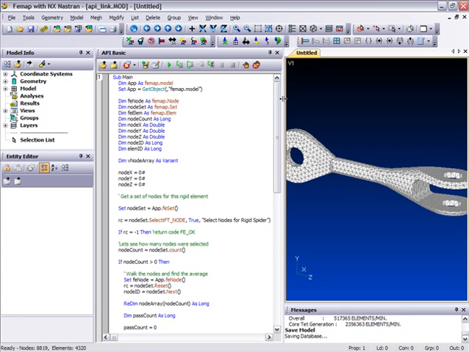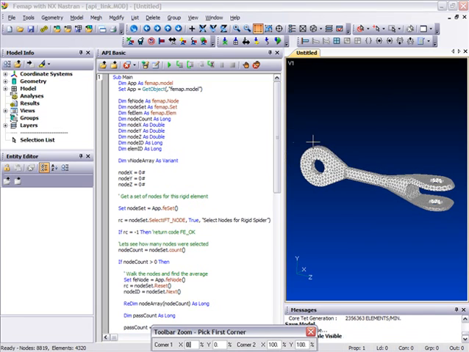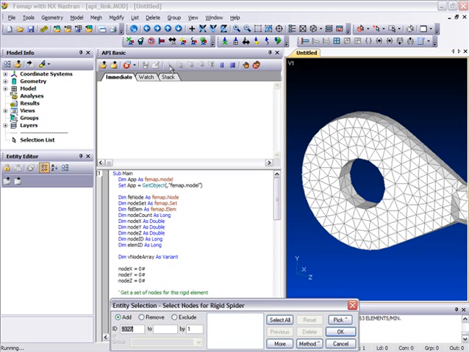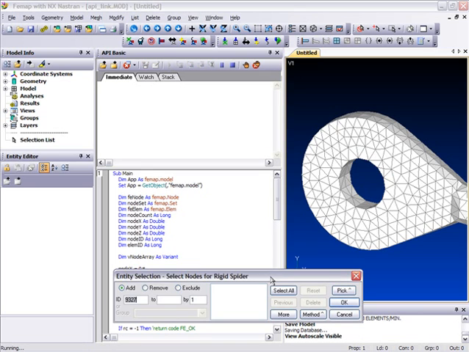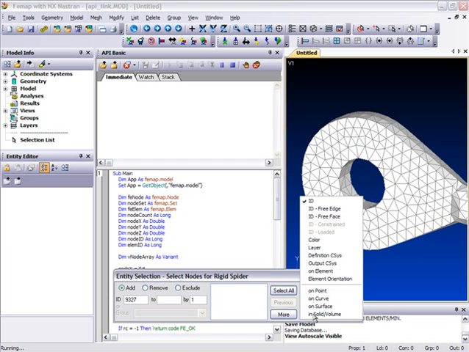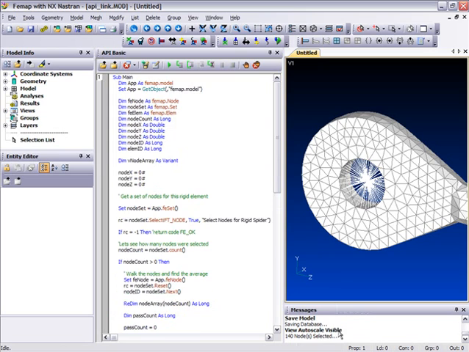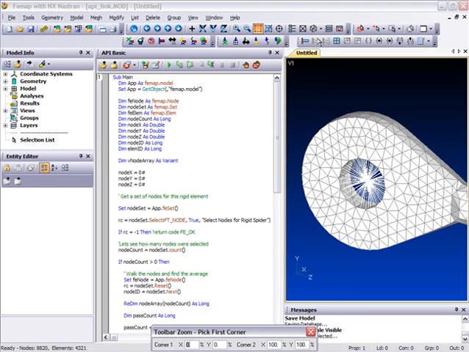So let me resize the window here and zoom in on the area that I want to work on. Now I just need to play the file here, and immediately this entity selection box comes up. I just happen to know that underlying this model there is some geometry here, so I'm just going to use method, on surface, and pick the two surfaces around this hole. Click OK, and away the program runs, and you can see what it's done is